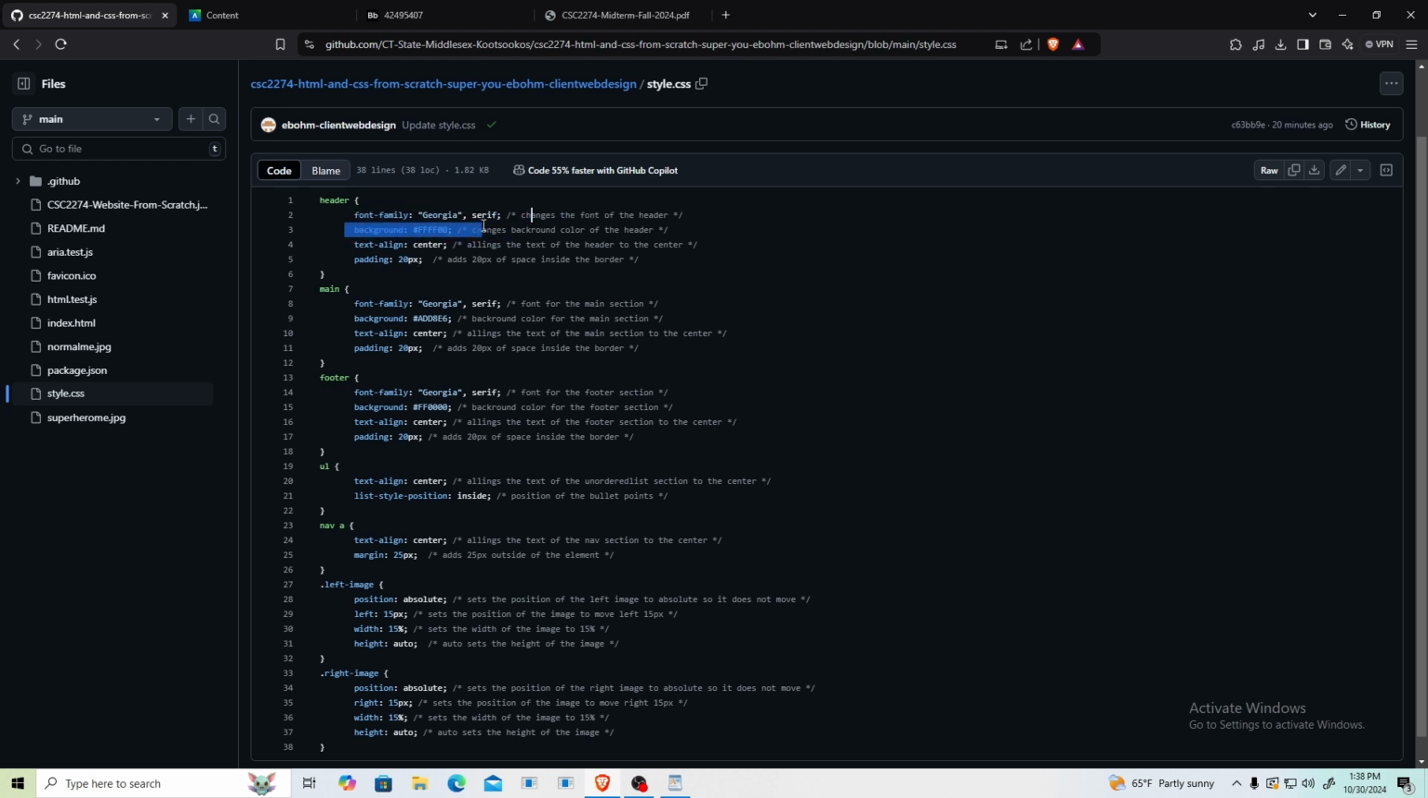It's changing the background color. It's aligning the text to the center, and it's adding space to the